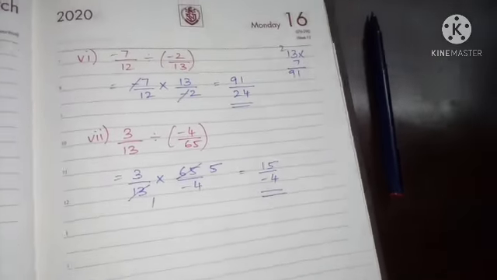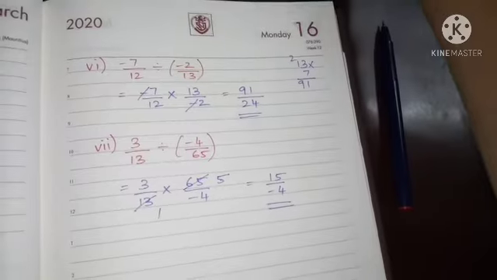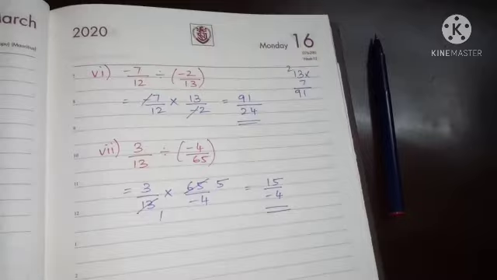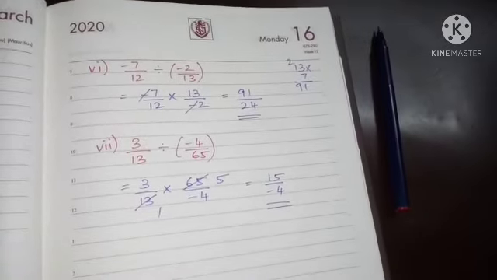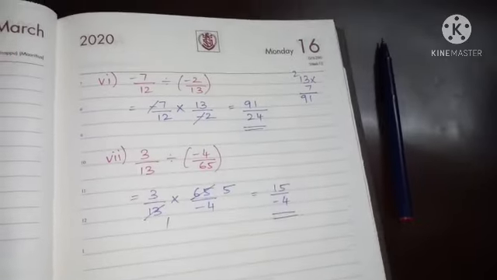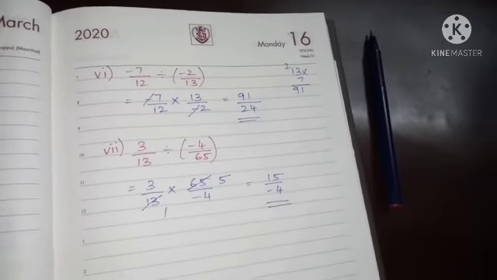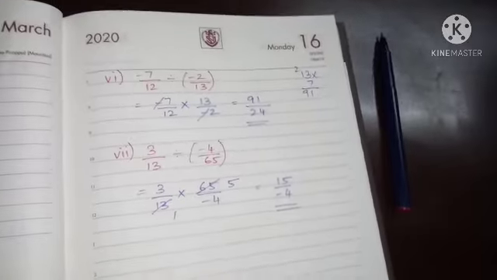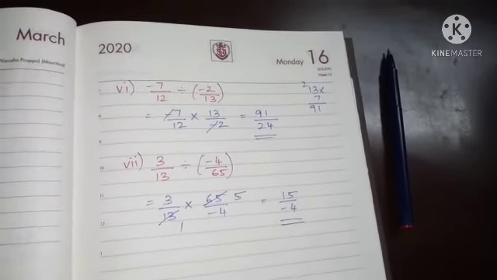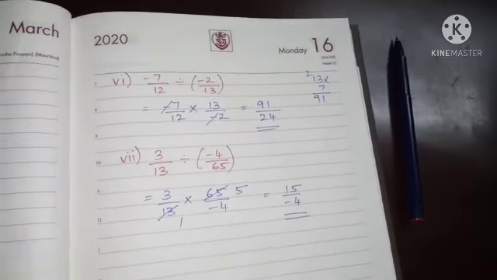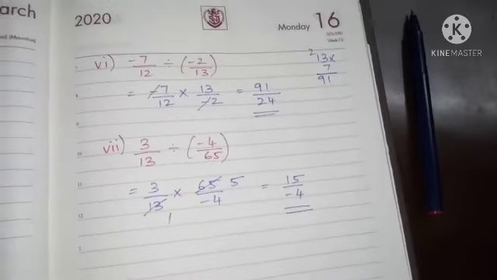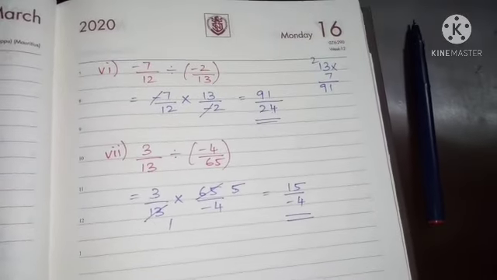Understood? So actually this is the last exercise of this chapter 9. Once again you can recall the problems we have discussed in this rational numbers chapter, because this chapter is new to you all. So you can work out these problems once again. In this exercise 9.2, I have given as homework the first problem third and fourth subdivision, second problem third and fourth subdivision, third problem fifth subdivision, fourth problem fourth and fifth subdivision. I hope you all understood, children. Thank you.